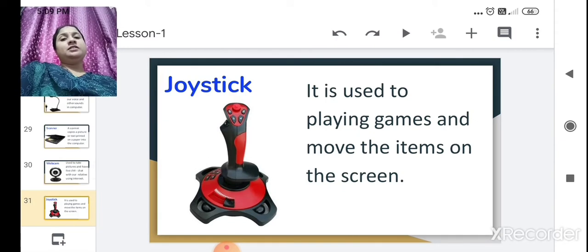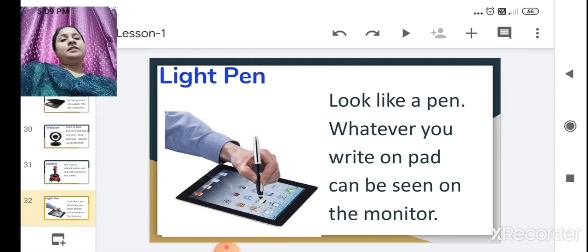Joystick is used for playing games and is like a mouse for moving the items. Light pen is a type of pen which is used to write on a pad. This is also one type of input device, similar to a mouse.